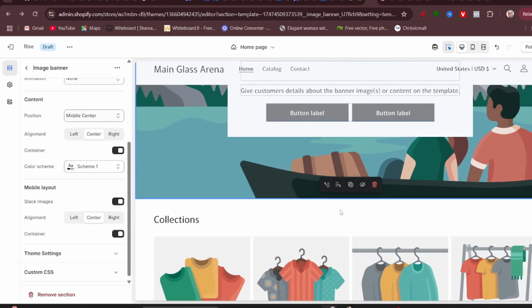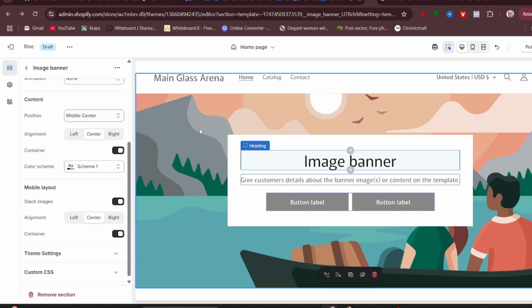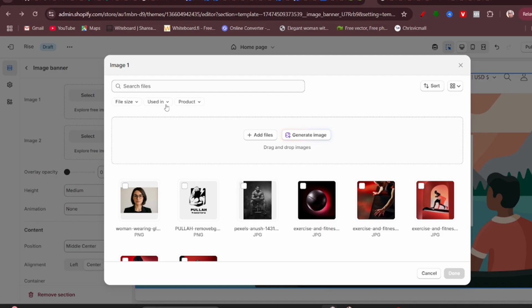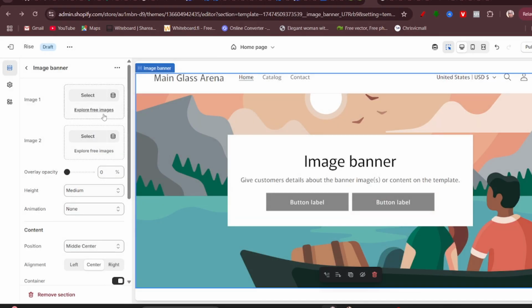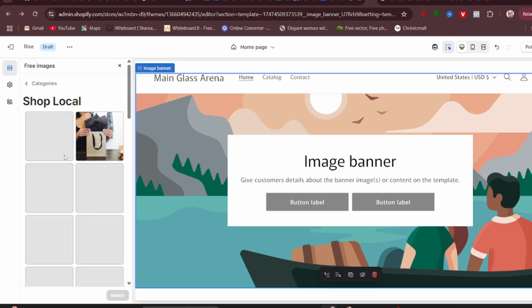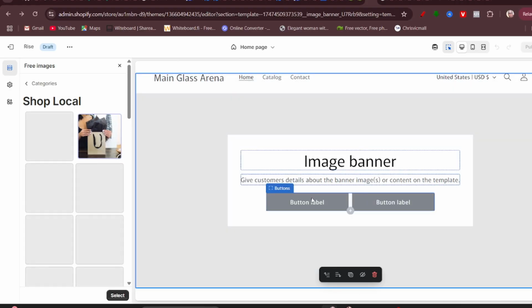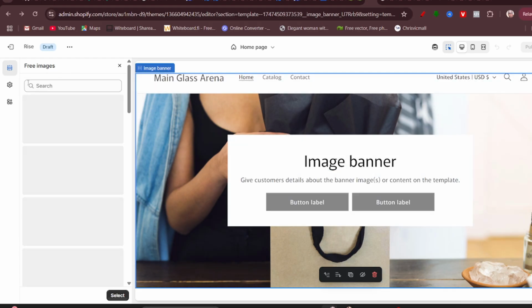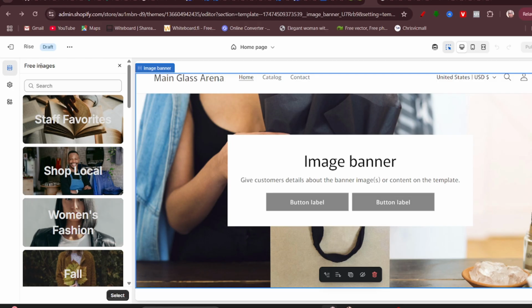And then I can just simply edit this. Click on this and go up, see the images, click first image, or I explore free images, just put in something so we'll have it quick. The video is getting too long, I don't want it to be too long, so that you get the best of it immediately. You could also click on this, go back to categories, and